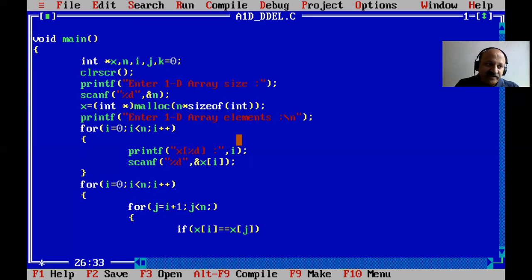So we can scan x of k, k is 0, and then k plus plus. So that is the removal, a plus plus that assigns. So if there is any duplicate, we can just store in the same 1D array, not use a second 1D array.